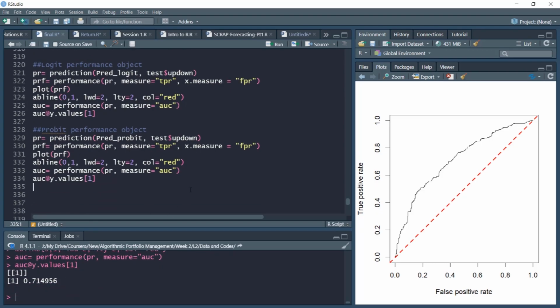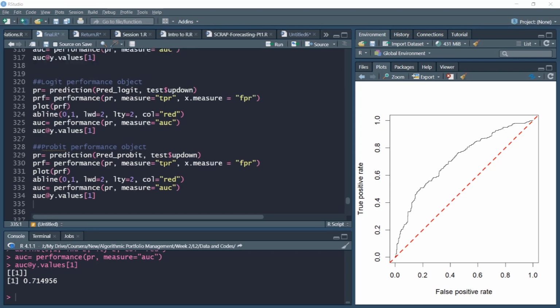This is ascribed to the fact that the probabilities may be different, but the ones and zeros will be almost identical. So we are expecting a very high similarity given the very high correlation in the fitted predicted objects. We saw the correlations were in fact more than 90%. So we are expecting very similar performance, as we can see here, around 71.5% area under the curve. So as per ROC, the performance is quite similar, but we'll create our more complex performance object to see how they compare and contrast with each other.